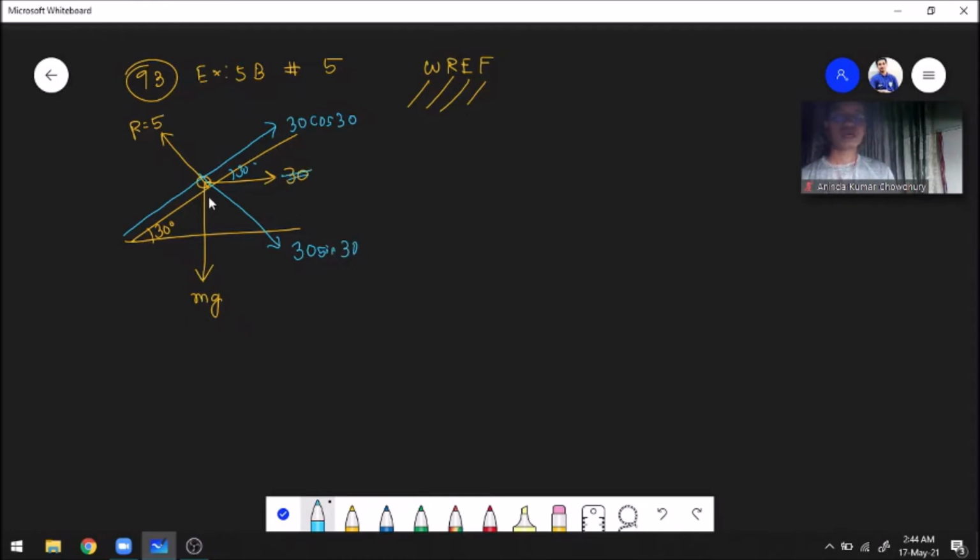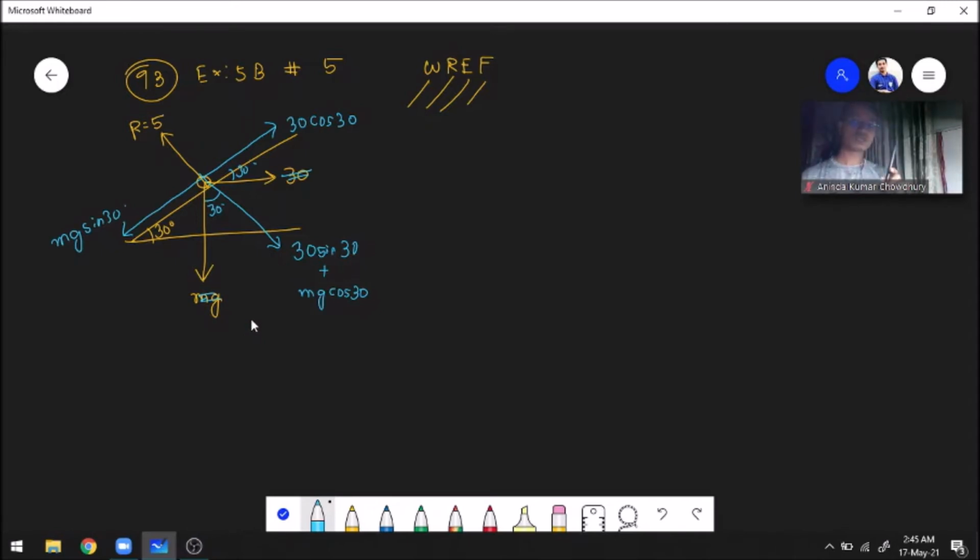Then mg. The angle here is 60, so therefore this angle will be 30. So mg lies in this quadrant. Remember, now our quadrant is like this. It is an inclined quadrant. So our mg is in this quadrant, so its components will be here and here. The component here will be mg cos 30. The component here will be mg sin 30. So now we have broken down mg as well.